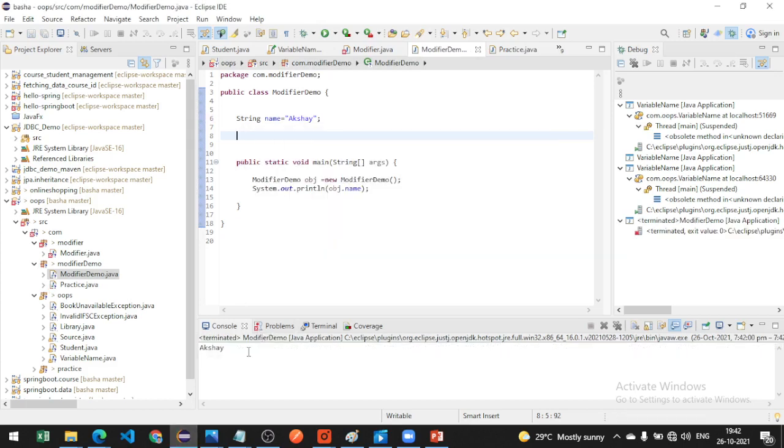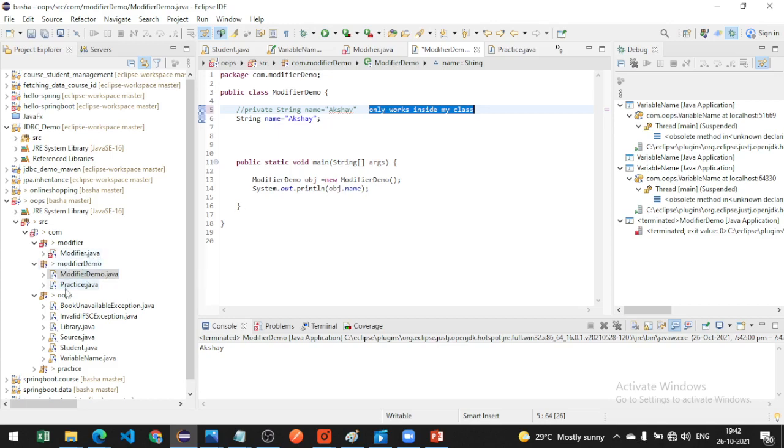For private, make a note of this and don't forget it: it only works inside my class, otherwise it doesn't work. This one is default: it works inside my package, not inside another package.